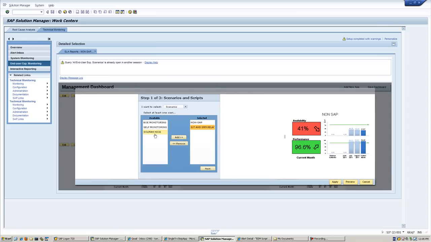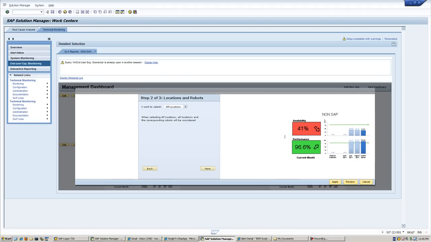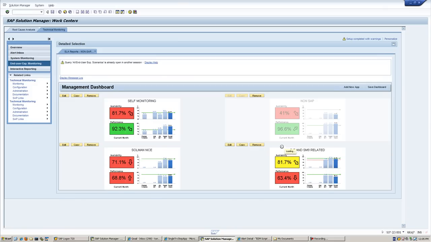You'll pick the element that you want to add into the dashboard. It'll show you the systems and the metrics to put in. So here they're going to go after a couple of systems, and we're going to go after the Solution Manager system in these. So this tells the dashboard the location of the robot. Now if we add it in,